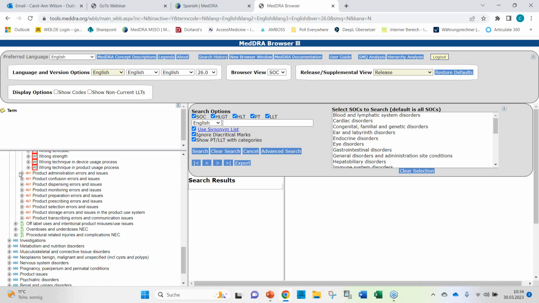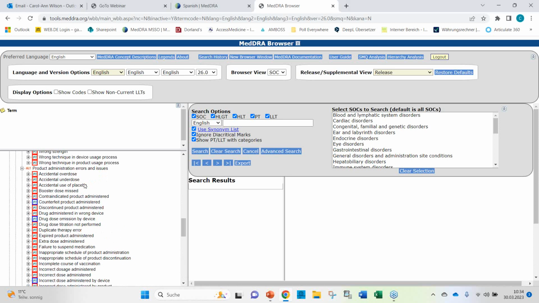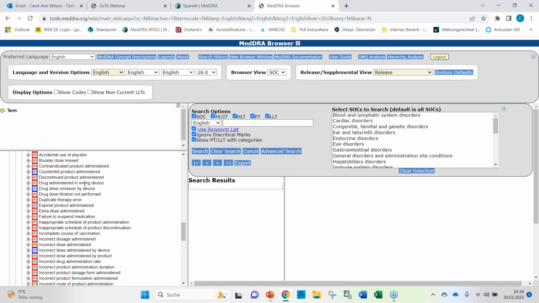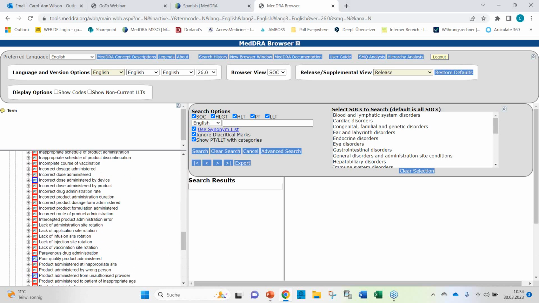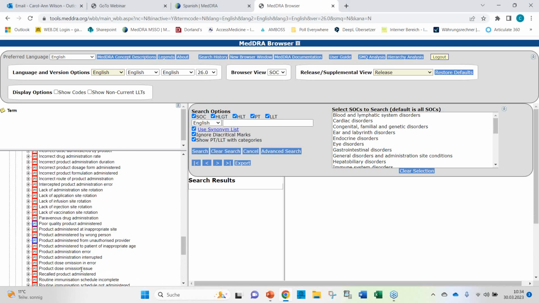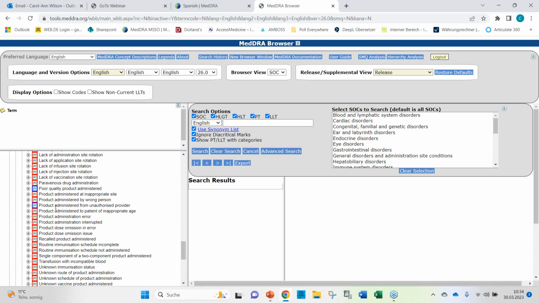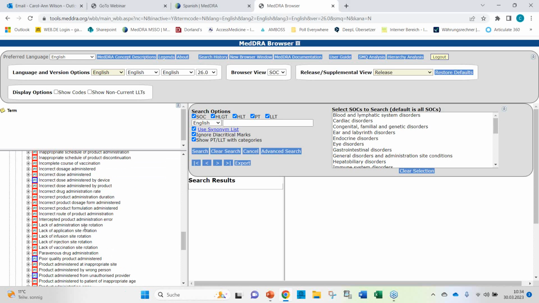So here under administration errors, you find a whole lot of very specific PTs that can be used for coding these administration errors and issues. Here you have them: product dose omission and error, product dose omission issue, product administered by wrong person, very specific PTs.